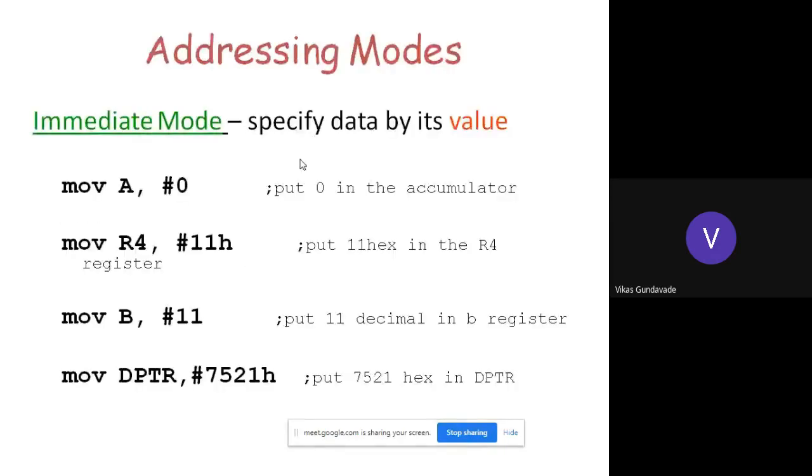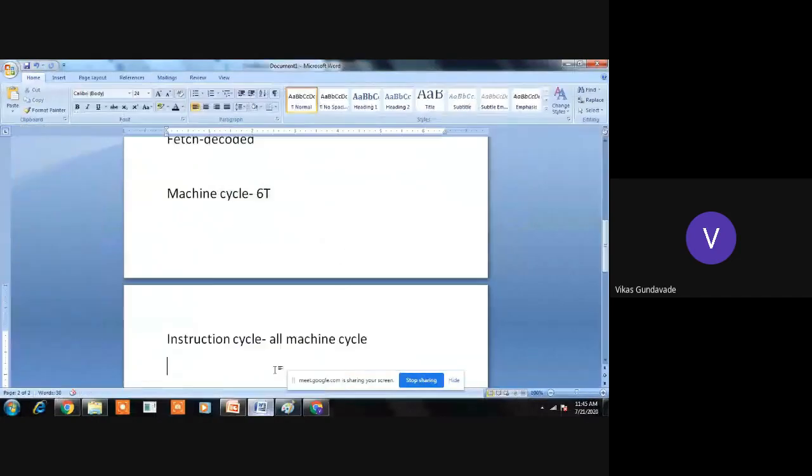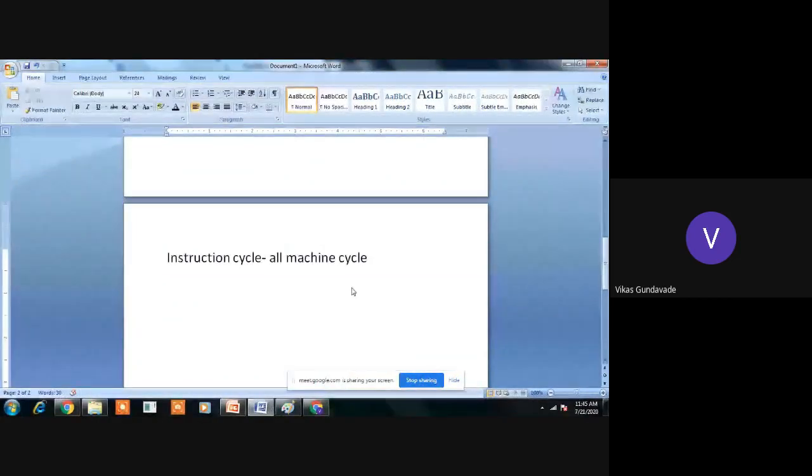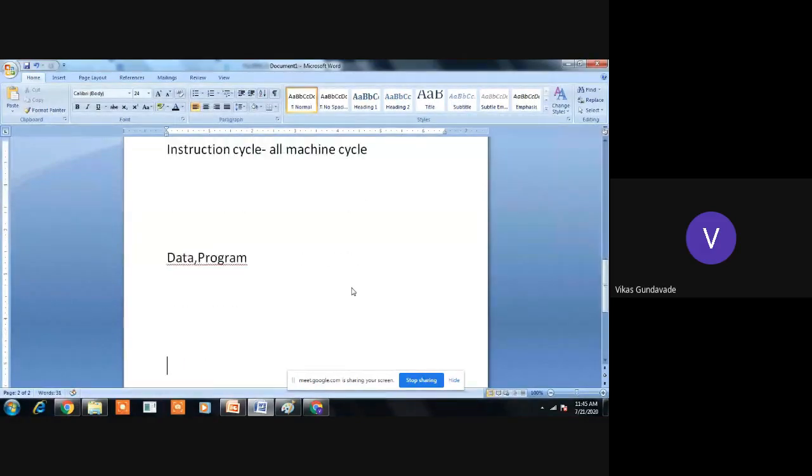In the data transfer addressing modes, the first mode is immediate mode. What does it mean? Here the new data or new value is provided either into a register or into memory. In the architecture we have already seen that every microcontroller has two memories: the data memory and the program memory. The program is written into the program memory, and the data memory holds all the registers. We have even seen the memory organization of the data memory.